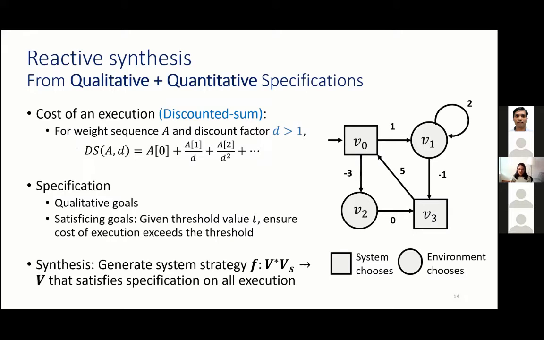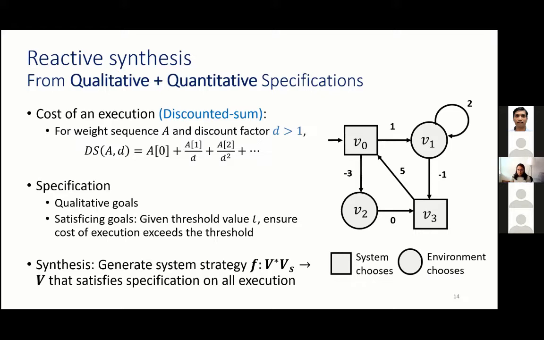And this cost refers to the quantitative cost of executing each action in the actual space, right? So now every execution in this game is also associated with a unique sequence of costs. And therefore, that is what we use to compute the cost of an execution. So suppose the weight sequence of a given execution is A, then the cost is given by the discounted sum, where